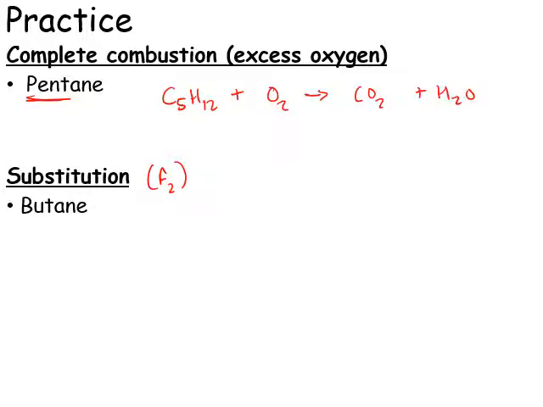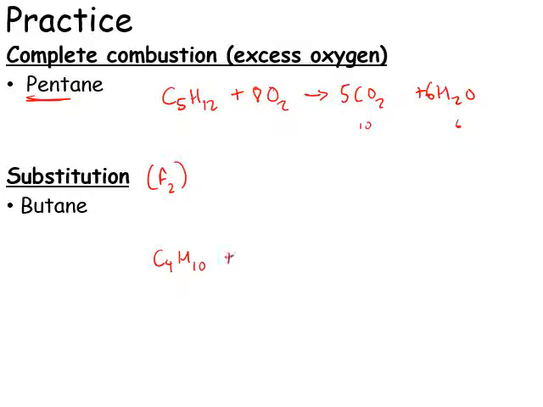Now to balance them, let's balance our carbons first, okay, and then our hydrogens. We've got 12 on this side, we've got 2 on this side, so let's put 6 here. Then our oxygens, we've got 2 on the left hand side, we have 10 here plus 6, we've got 16, so it's just 8 there. Great. And then substitution reaction, let's do butane, so we have